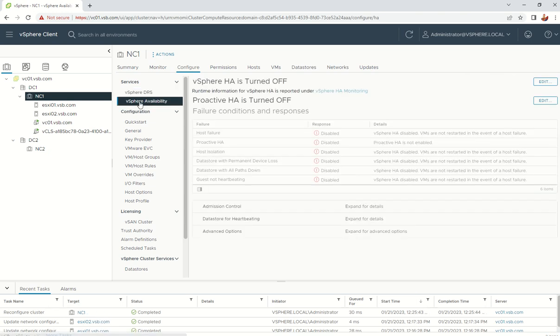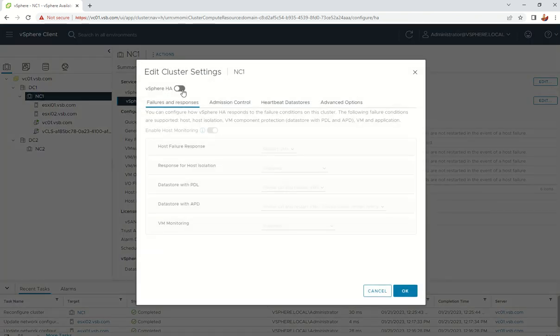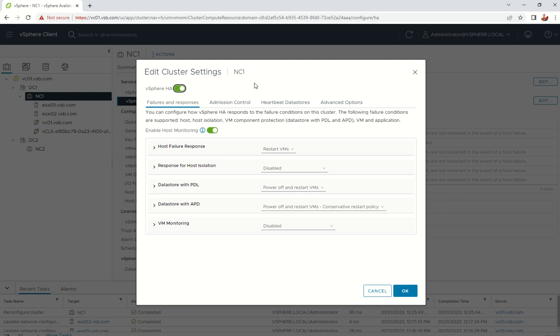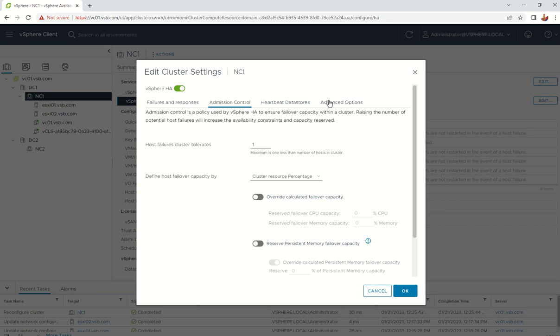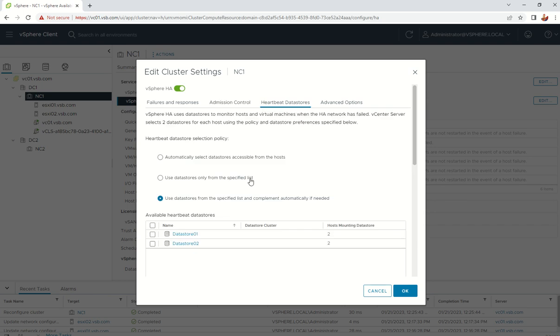Next is high availability. For vSphere high availability, you need to go here, click Edit, and enable HA. For the HA options like host failure, we'll select the defaults, as it's already explained in our previous videos. And heartbeat, I was discussing this. So here